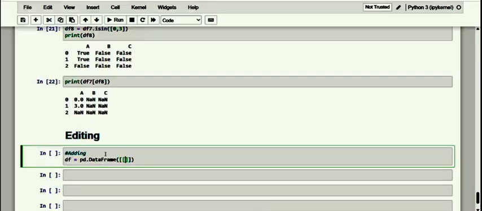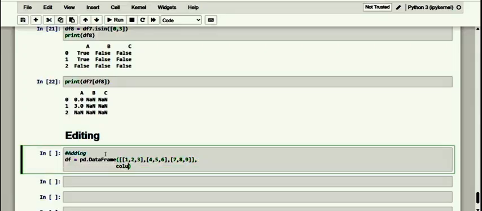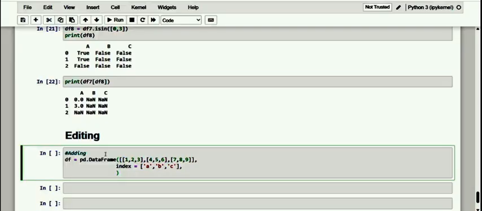Let me make one row as it is, and of course 4 5 6 as the next one, and 7 8 9 as the last. These are the exact elements. First, we need to make the index, of course. Let me have 3 indexes as A, B and C, and of course the next one is the columns. We are just going to differentiate them with uppercase.